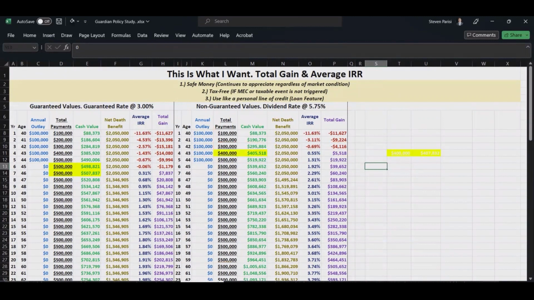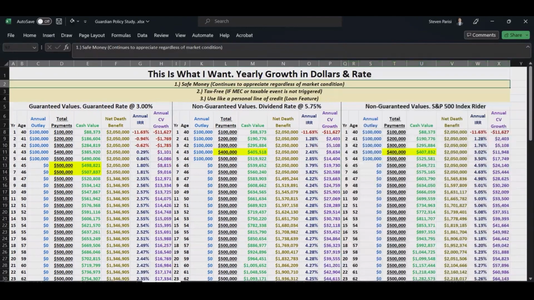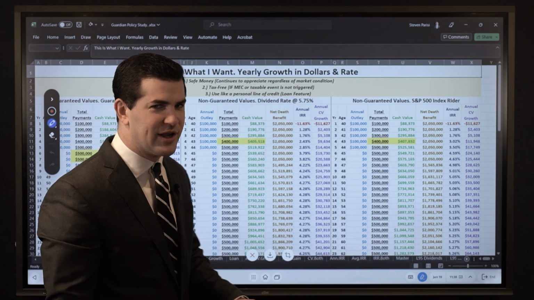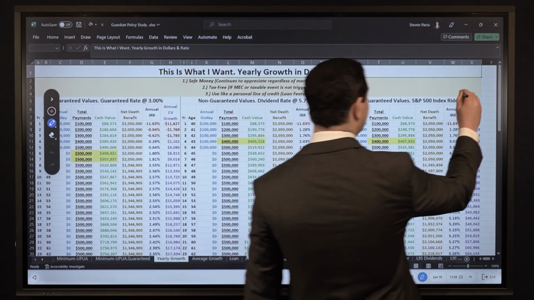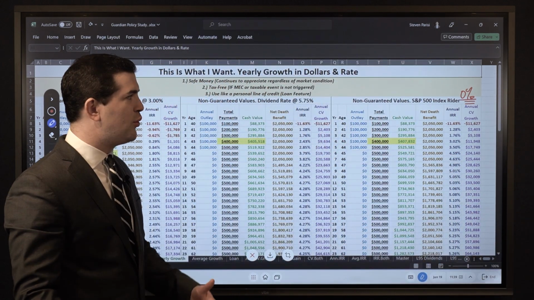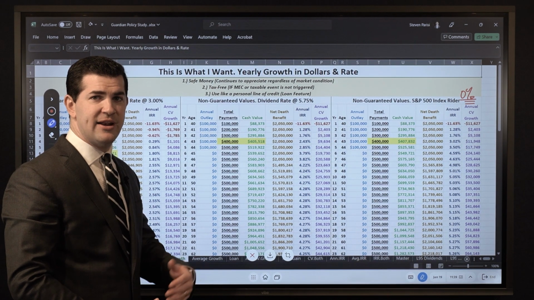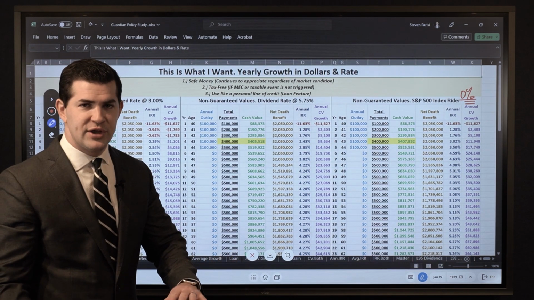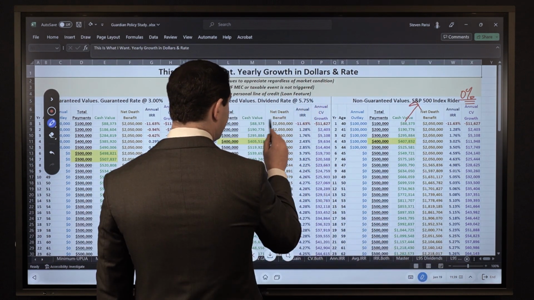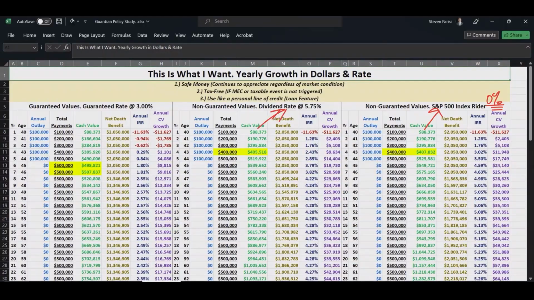Let's look at one more assumption, the indexed rider, which will look a lot better, but it is hypothetical. So this is perfectly fine to look at, but full disclosure, it's based on market history and things will change over time. Again, I like attaching this rider, but if we attach it, I like to add it at 0% and then flip it on in the future if we want to. A few people we work with do just set it at 100% forever. Some go 50%, meaning 50% of the cash value is tied to the S&P and the other 50% is tied to the dividend. So you can be creative there.